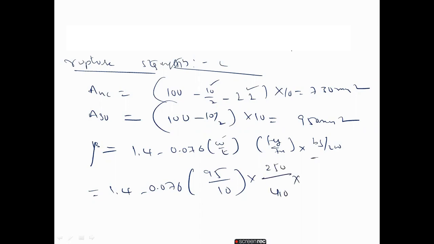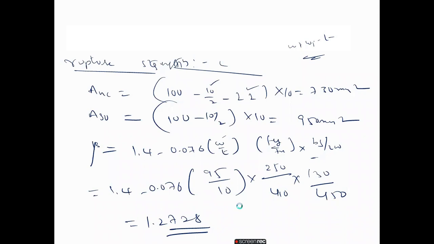The bs value I also told you: w plus w1 minus t. This is the formula. Once you substitute here, we get 130. Lw is 450. So you will get the answer 1.2728, which is the beta value we got here.